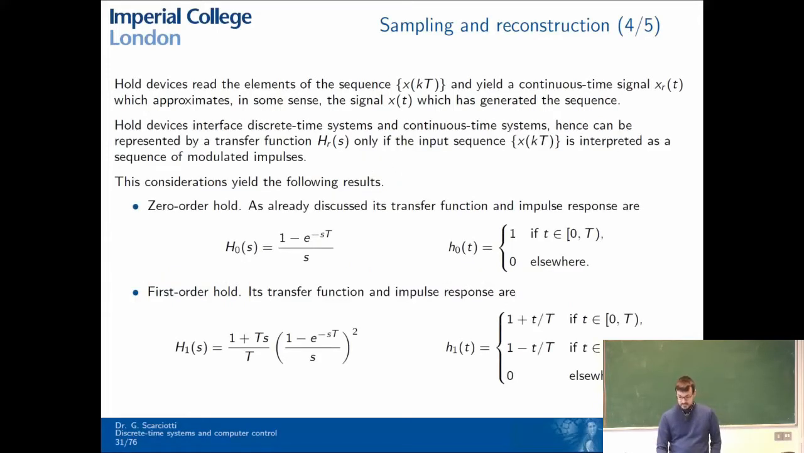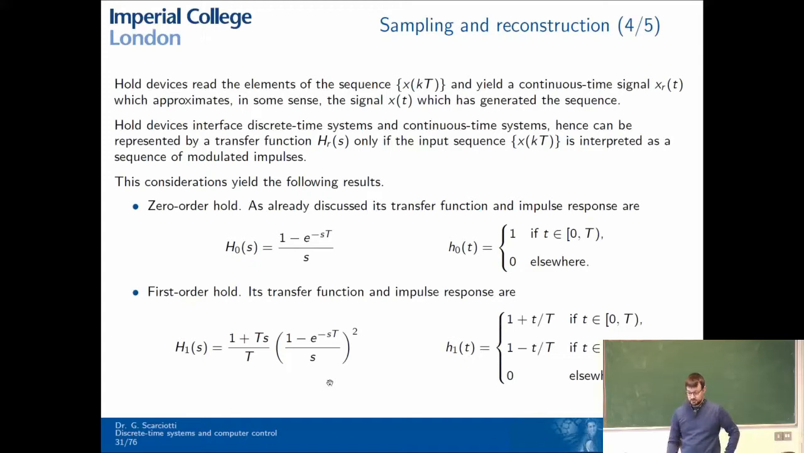Okay? The hold devices interface discrete time systems and continuous time systems, and as just shown, this can be represented with a transfer function when we assume that the sequence is generated by impulses. Now we consider two holds in particular, the zero order hold and the first order hold. These are the two simplest hold devices that we can see. And in particular, most of the time, we will use the zero order hold in this course. This is the simplest possible hold. We also show that the first order hold, while in some sense improves the reconstruction of the signal, is actually